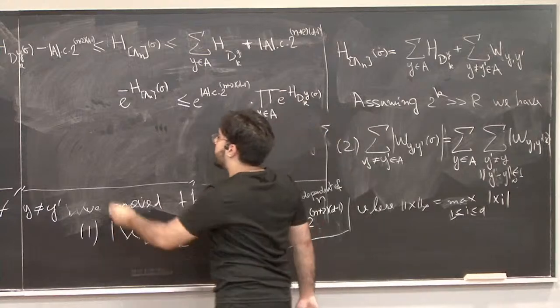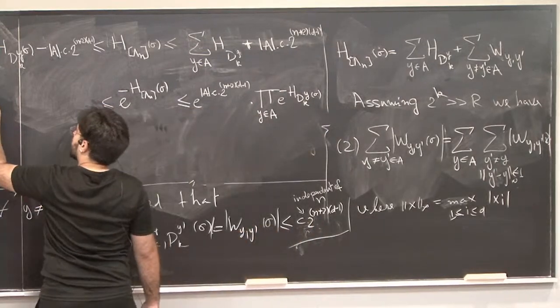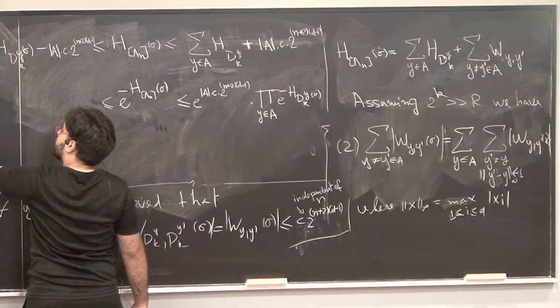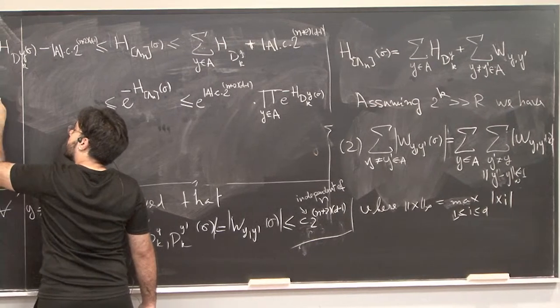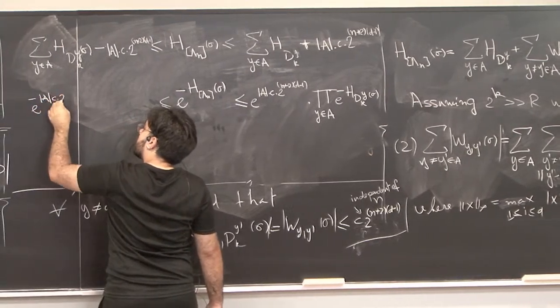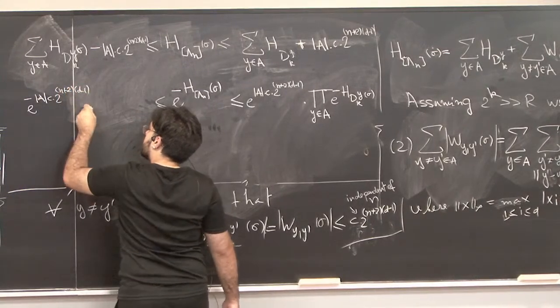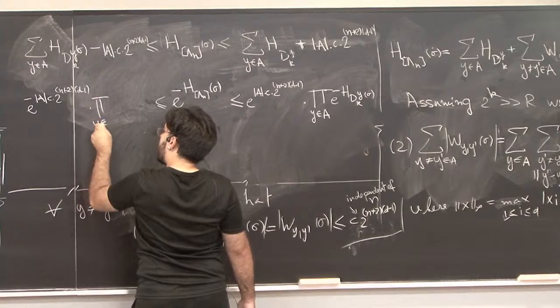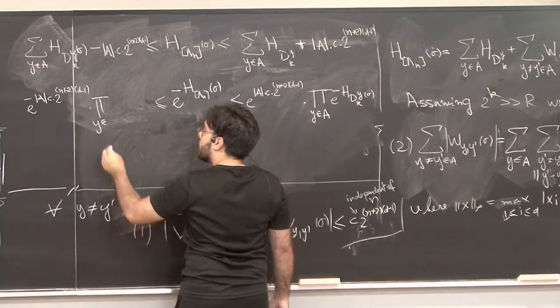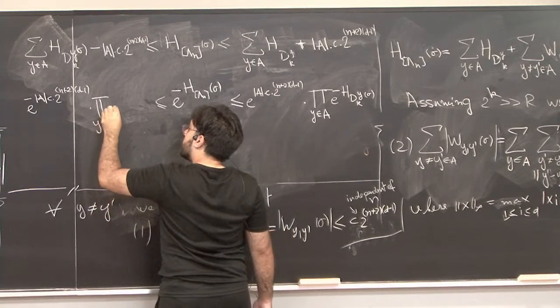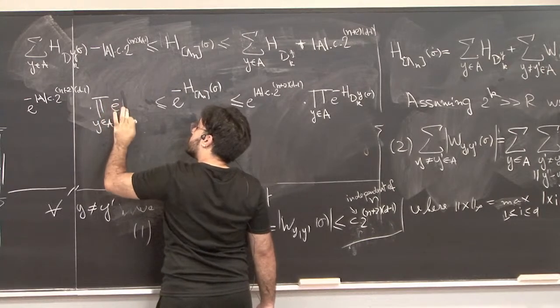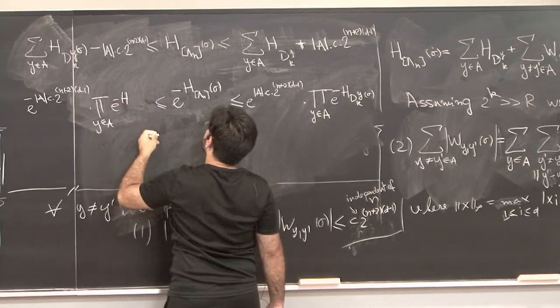And to the other side, I get the same thing. Again, not the same thing, but something similar: A times C times 2 to the power n plus 2d minus 1 times the product of y in A, the exponential of minus h